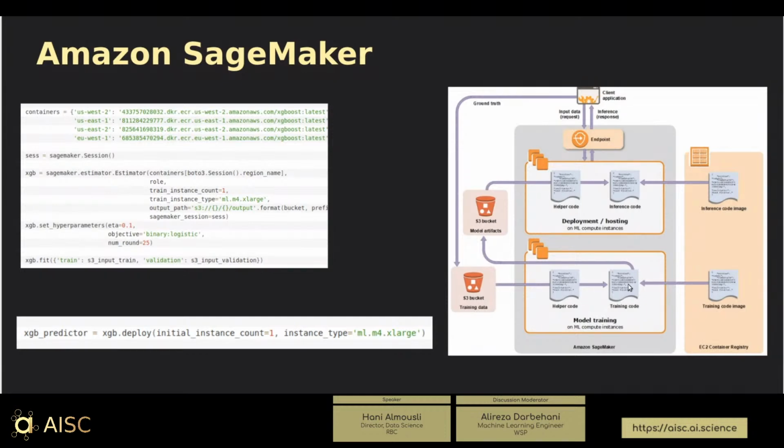It will take that container and prepare all the structure needed, where it moves your data into a specific location. Your hyperparameters are going to be in a JSON file for you under a specific location to train your result. And then your promise to SageMaker is that you're going to save it in a specific place. Once it's done, SageMaker will take it back to S3 and log it. And once it's done, it's as easy as one line. You can say xgboost.deploy. The instance count, for example, is 1. Again, you can make it more, but you will pay more money. And then what's the type of it? And you have your algorithm running. So that's kind of in a nutshell.